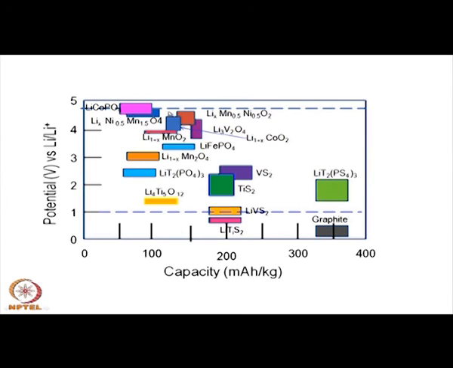So, this is the area where lithium cobaltite stands, but there are many others. I will tell you the 2 compounds which we have just discussed. This is LiFePO4. This is one of the very promising materials, LiFePO4, that is also comparable, so far as the capacity is concerned, with cobalt oxide,